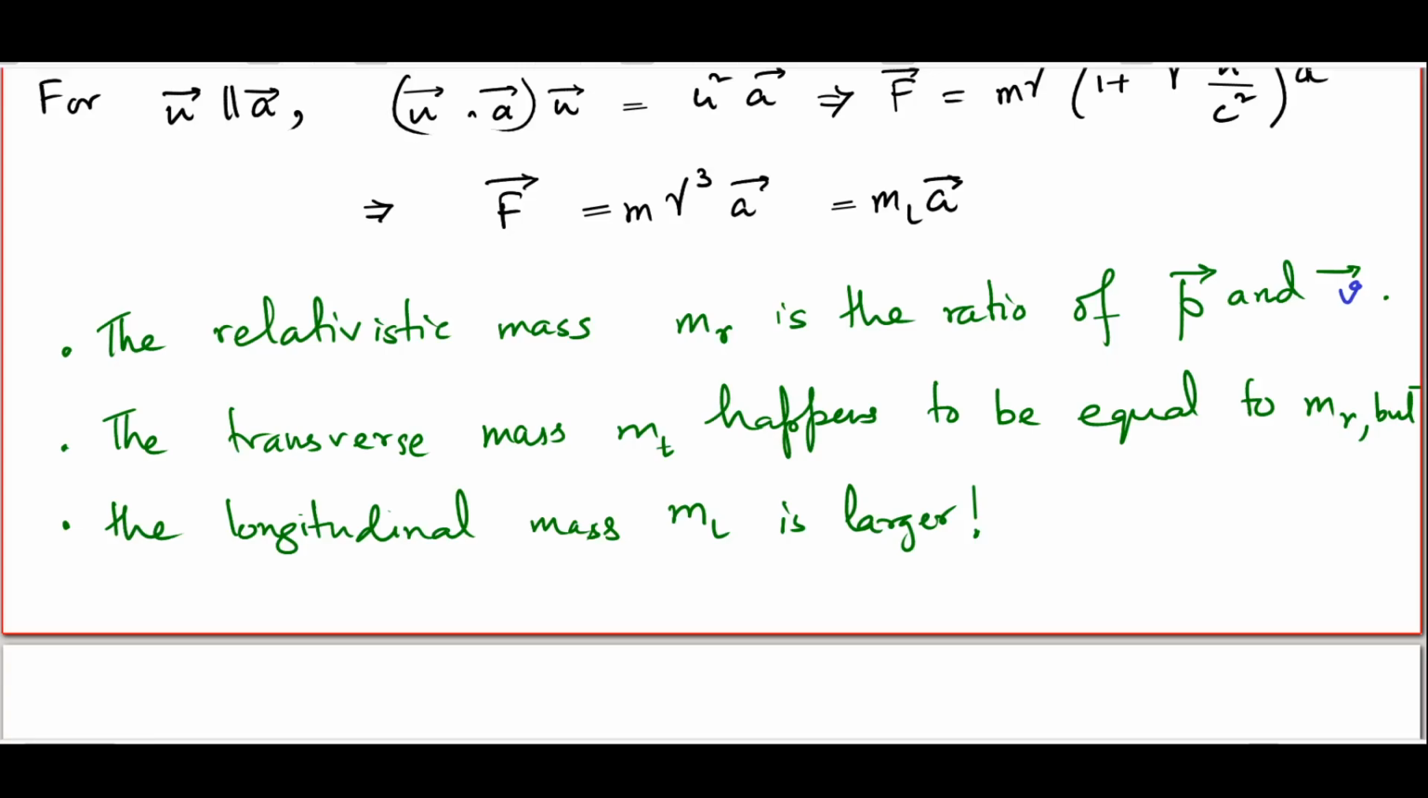Indeed, the fact that the transverse mass happens to be equal to the relativistic mass only adds to the confusion, because sometimes if you are just looking at motion in a circle, you would be tempted to think that the relativistic mass is all you ever need. And of course, if the motion is neither transverse nor longitudinal, that is, the acceleration is neither parallel to the velocity nor perpendicular to it, but somewhere in between, the relationship between mass and acceleration is way more complicated. We are going to focus on this particular relationship now, but before that, let me just say